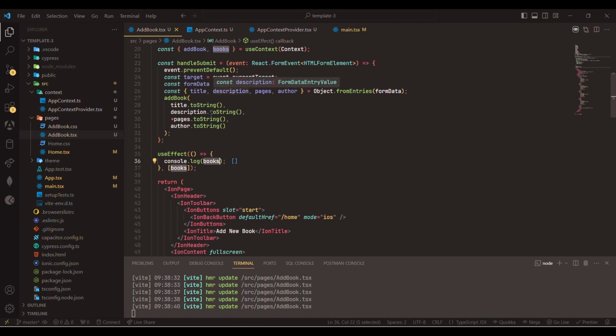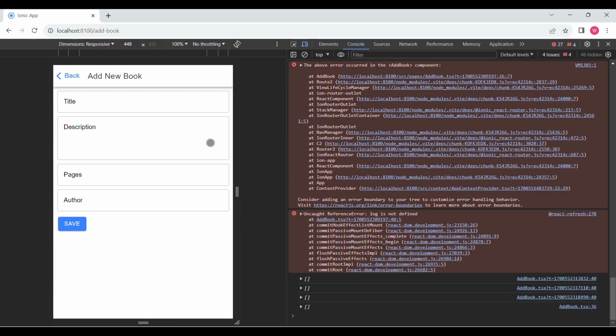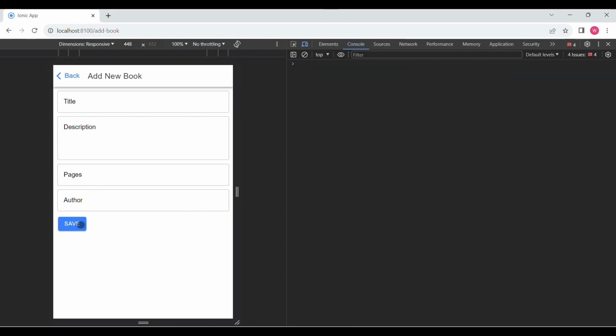So the first thing to do here is to come over here, right? So by default, we are going to have something. See, it has created a new book. Under normal circumstances, you wouldn't want to do that, to add a book which doesn't have these properties. You would have to set the validation for that. But let's add something. You can tell that our books array within our context, it's containing books now. So we could add maybe